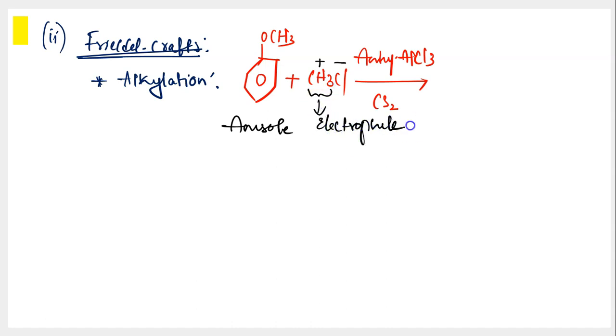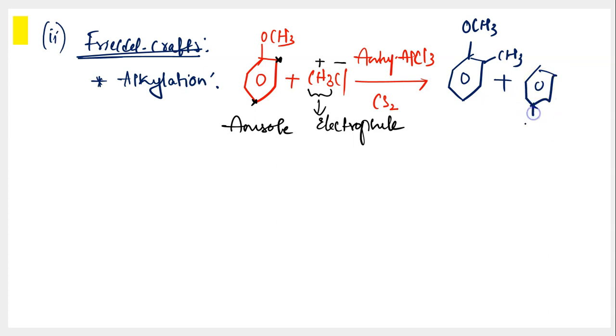Alright, so now this electrophile would be attacking the benzene ring either at the second or at the fourth carbon. At second carbon, if it is attacking, it leads to formation of ortho isomer. So you'll have CH3 substituted at ortho position, and OCH3 functional group is undisturbed. But in case it is attacking the fourth carbon, para isomer will be formed where you have the methyl group attacking the para position. So these are the products in both the cases. The first product is called ortho isomer and the second one is called para isomer.